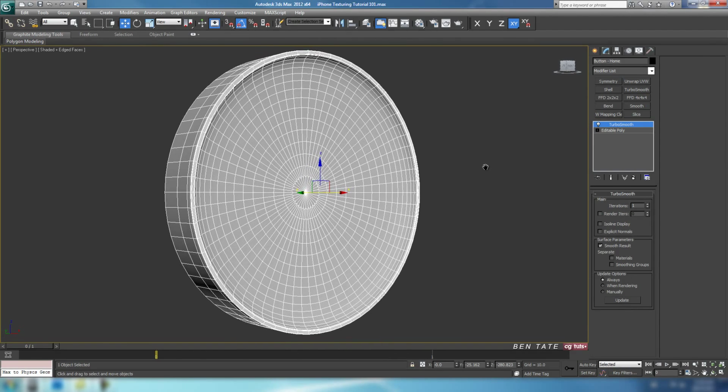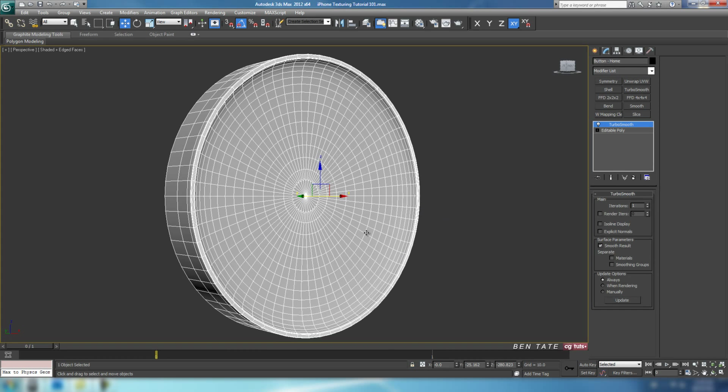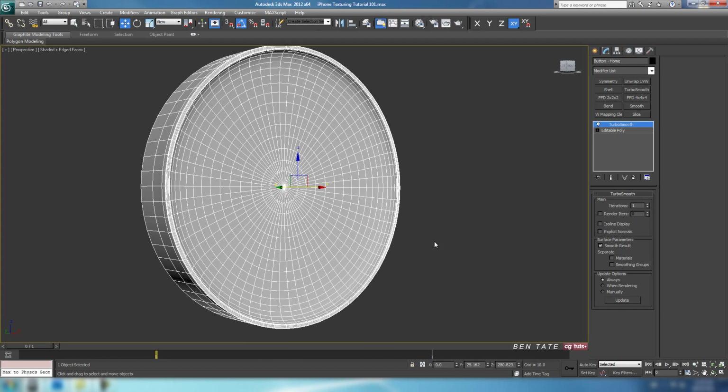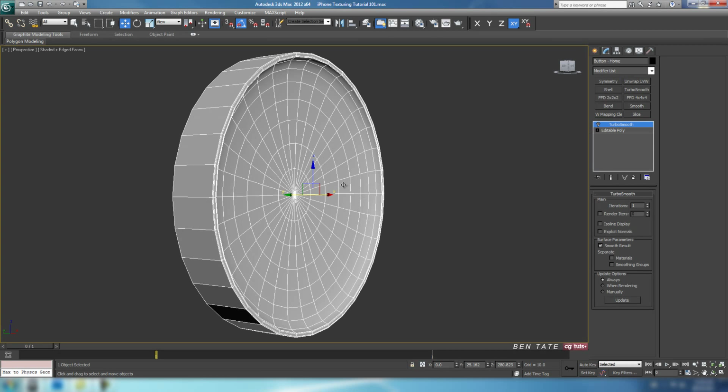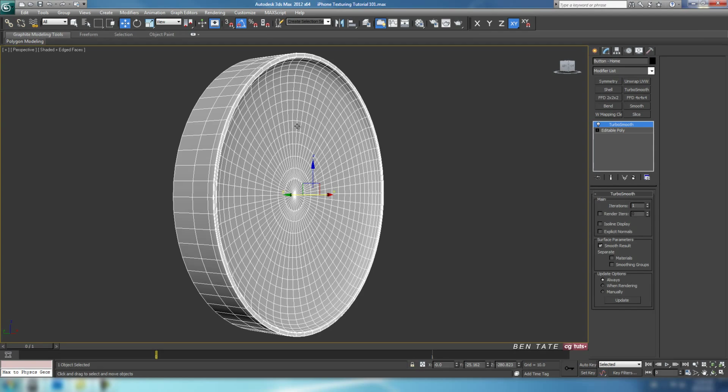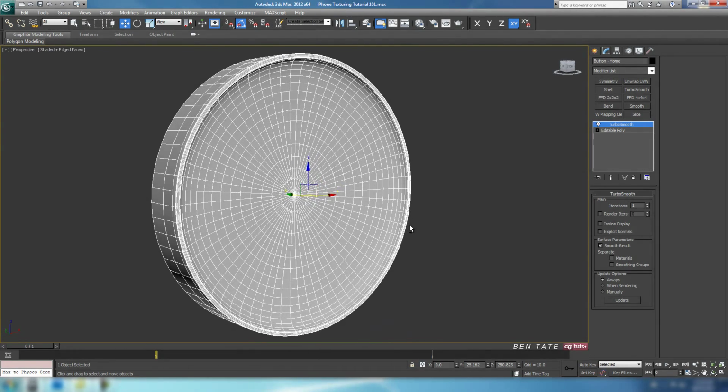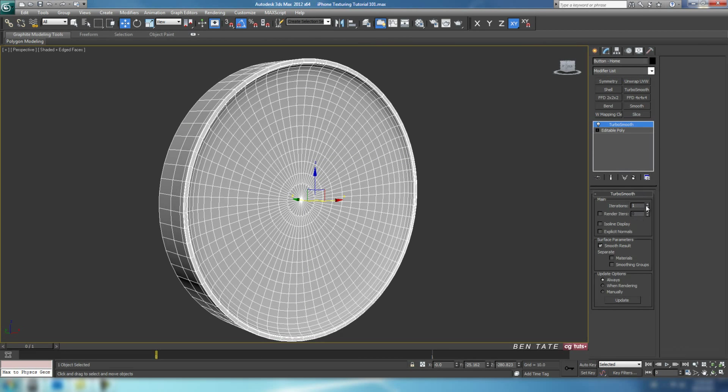All right, so now we'll map it, and on this one, just to minimize any distortion that's going to be on the actual button logo here when we get this on there, I'm actually going to collapse one iteration of the turbo smooth down onto the mesh. Okay. If we were to map it like this and then apply turbo smooth later on to smooth it out, chances are we're going to get some distortion around the center here of these polygons. All right, so just to be on the safe side, let's collapse the turbo smooth down with one iteration,